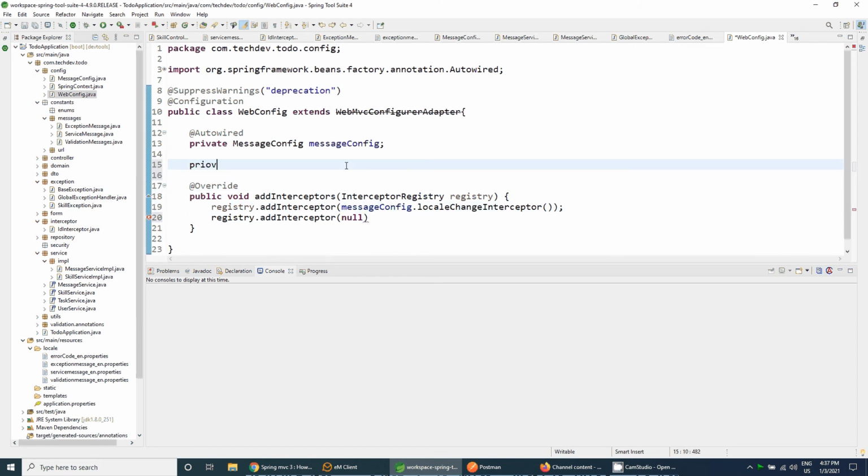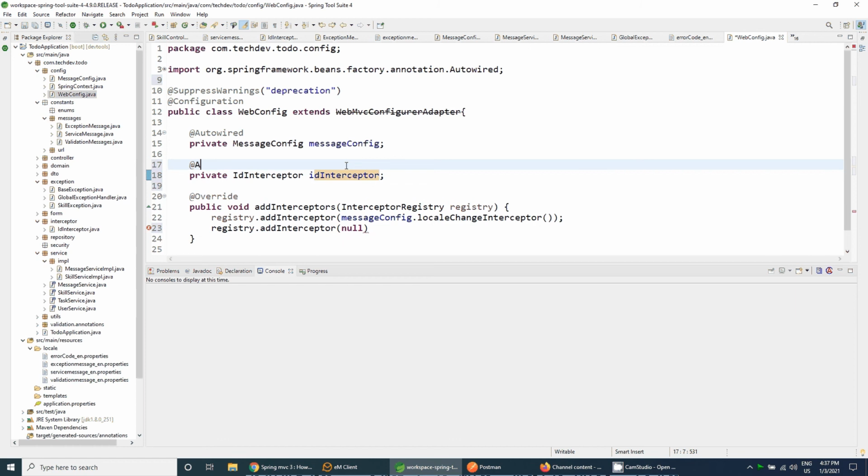Add the interceptor and that will be the ID interceptor. So you need to private ID interceptor, ID interceptor, ID, and let's autowire the object and let's pass this object, the ID interceptor, and let's rerun the application.